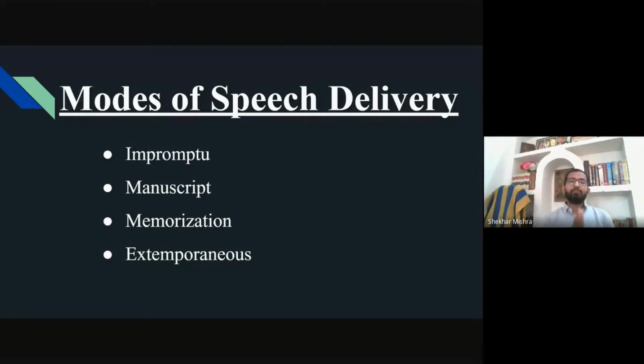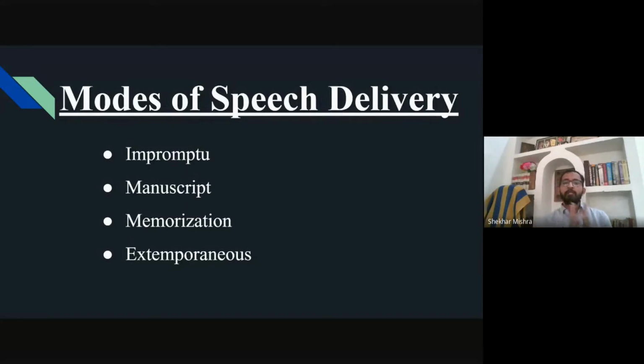Now this is the best way of delivering a speech. Why? This is the best way because you have prepared everything in advance. You have rehearsed your topic well. The outline of your speech or presentation is in your mind, and you will present on the basis of your understanding very naturally. So people will relate to you, they can correlate with you, they can understand your feeling, in fact they will feel, and you will seem very natural.